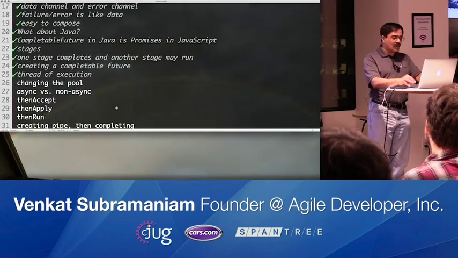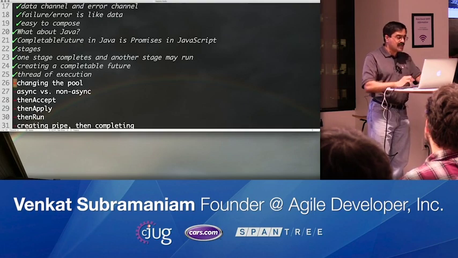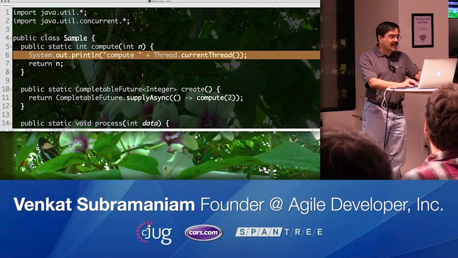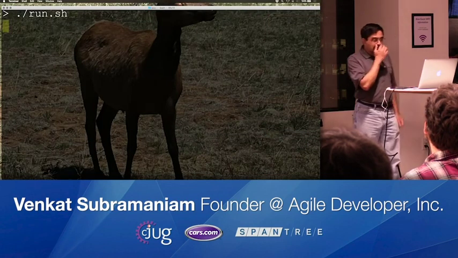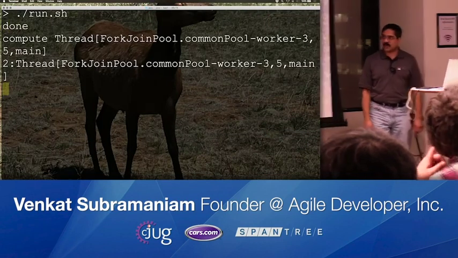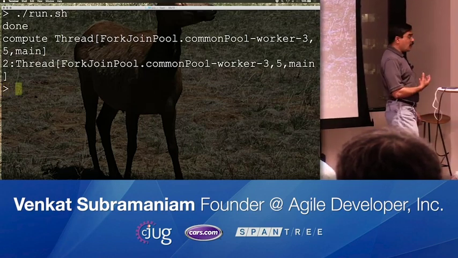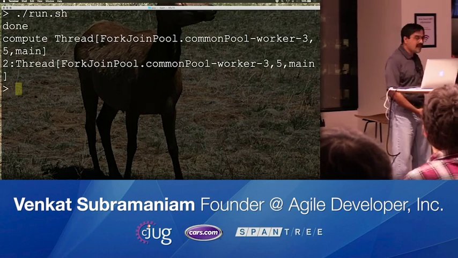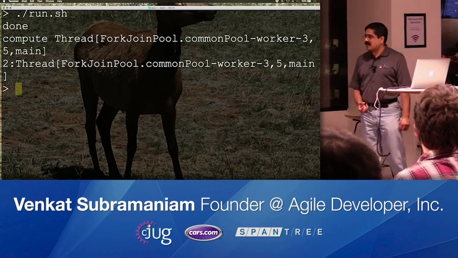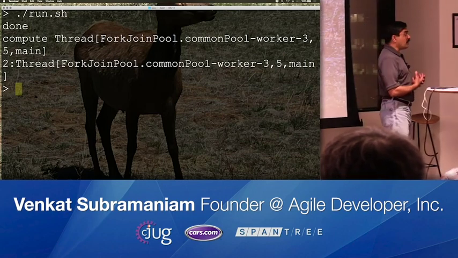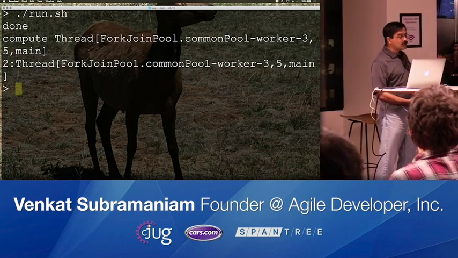But we also took a look at one more thing while we looked at this, and that is when I went back here and printed this thread information, we saw that it's coming from the common pool thread. Well, Java uses a fork join common pool thread, and of course the good news is there's a common pool thread. The bad news is it's common. So that means everything gets thrown into the common pool thread. What if you don't want this in the common pool thread? What do you want?